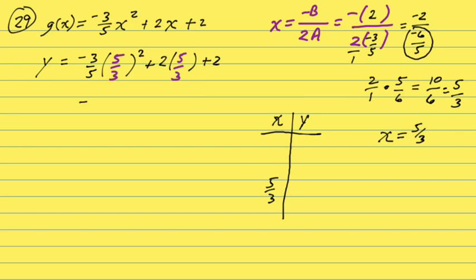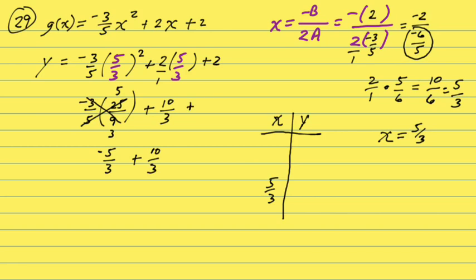Does anybody know how to square a fraction? You square the top and you square the bottom. Does 5 go into 25? 5 times. Does 3 go into 9? 3 times. So that would simplify to -5/3 plus 10/3,